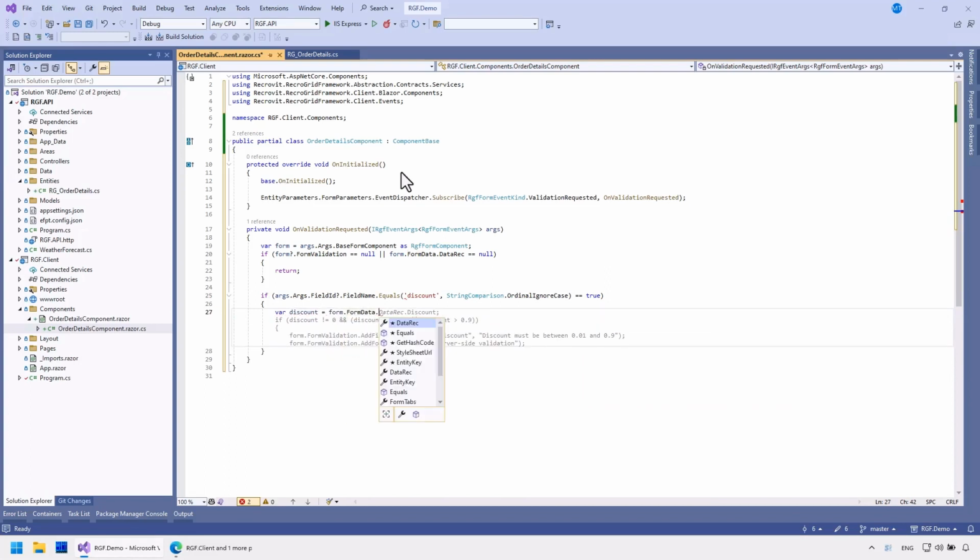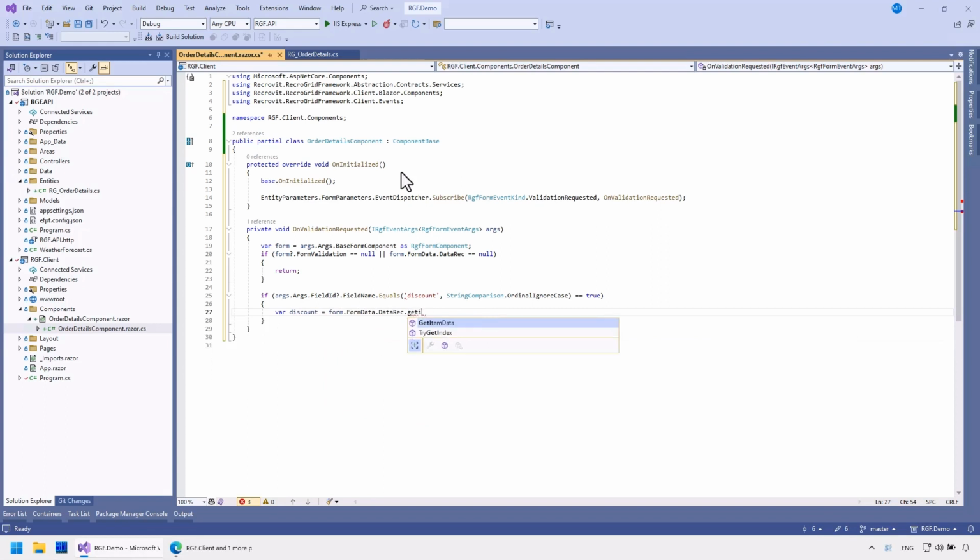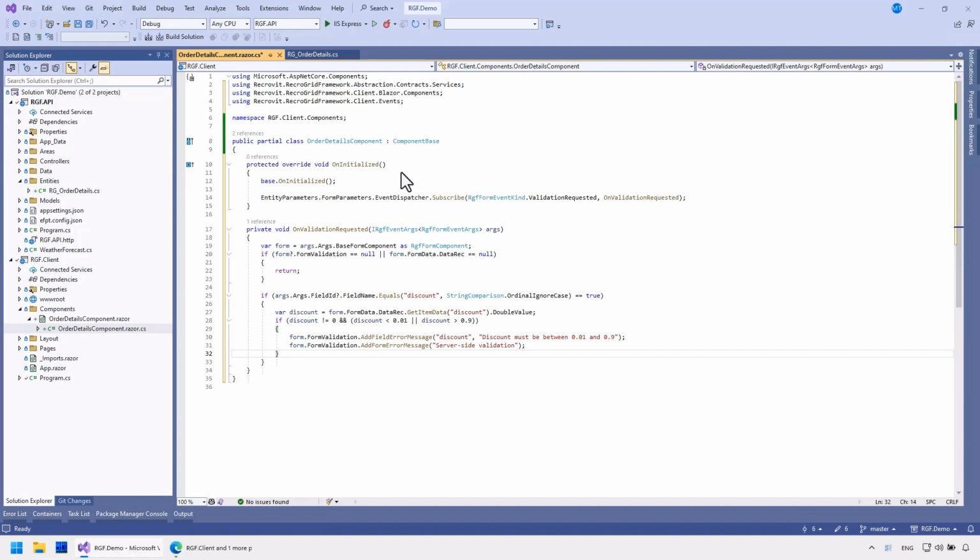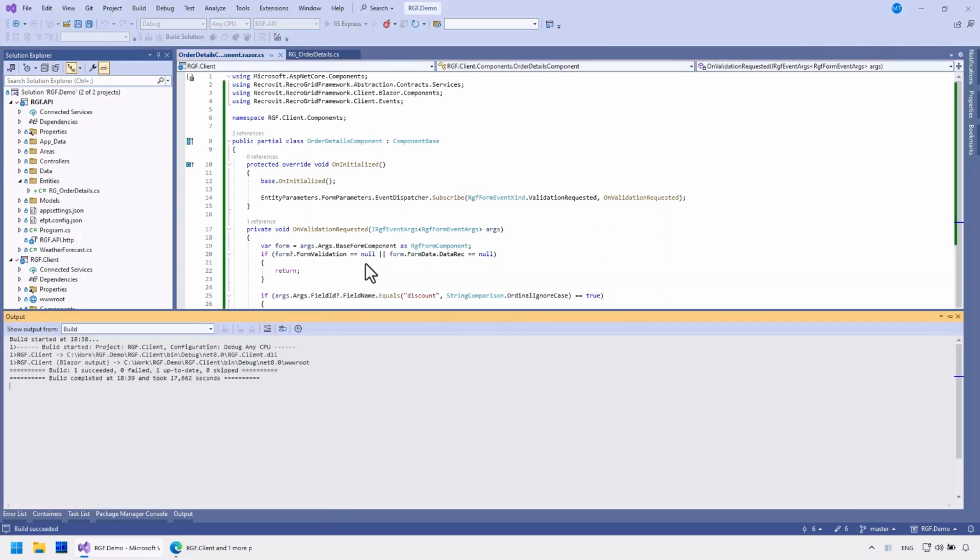Unlike server-side validation, this is not a typed class, but an RGF dynamic dictionary. And finally, the condition. I see that Copilot has come up with a good one. I'll just fix the form message. I'll build a new one and try it out.